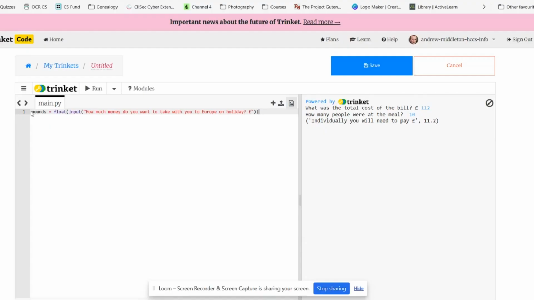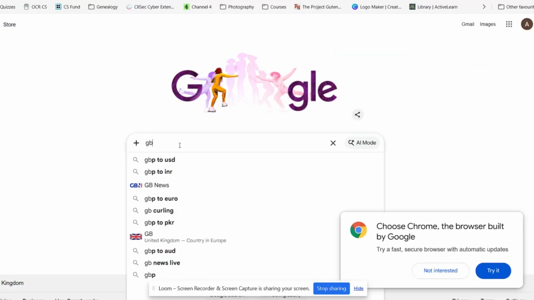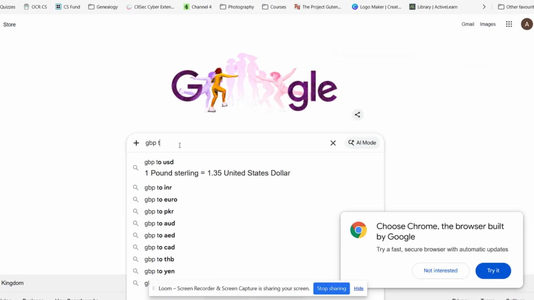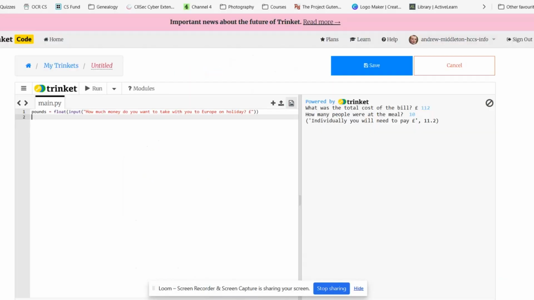Now, the second thing I said you need to do was just to look at the exchange rate online. So if I go on to the exchange rate and I put GBP, Great British Pounds, 2, and it's offering me US dollars, but I'm going to go for euros, it tells me the exchange rate there is 1.14. So I'm going to drop back into my program now, knowing it's 1.14, and go euros equals pounds times by 1.14, the exchange rate. And then say print